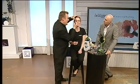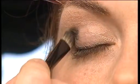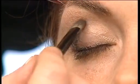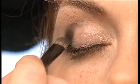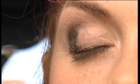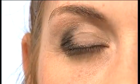So I'm just going to now, by pressing it into the skin rather than wiping it across, you actually get full pigment. So wow, look at that. I'm just going to give you the tiniest little tip for anybody out there that has ever wondered about doing a smoky eye. This is a question I get asked all the time. To create a smoky eye, what you want to do is create almost like a feline effect to the eye. So you create, if you can see where I put that colour before I even blend it,